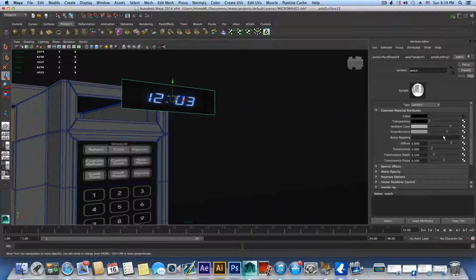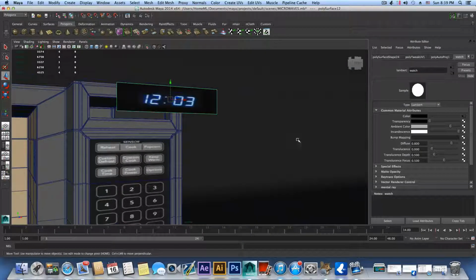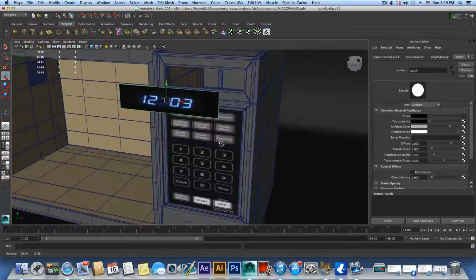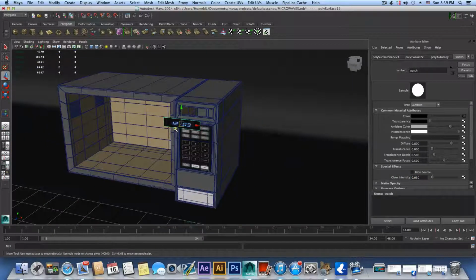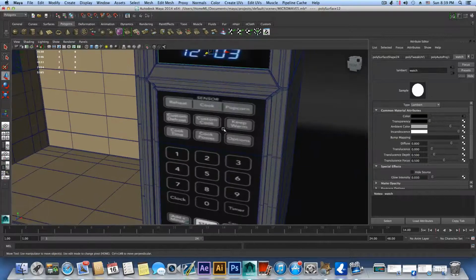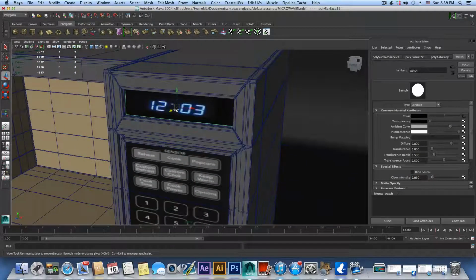Okay, so it's becoming a little bit more glowing, and if after all you want to add some more glowing, you can come over the spatial effect and add just a minor amount, something like 0.030 of glowing. Okay, and now we can bring this back inside here. Okay, let's see,